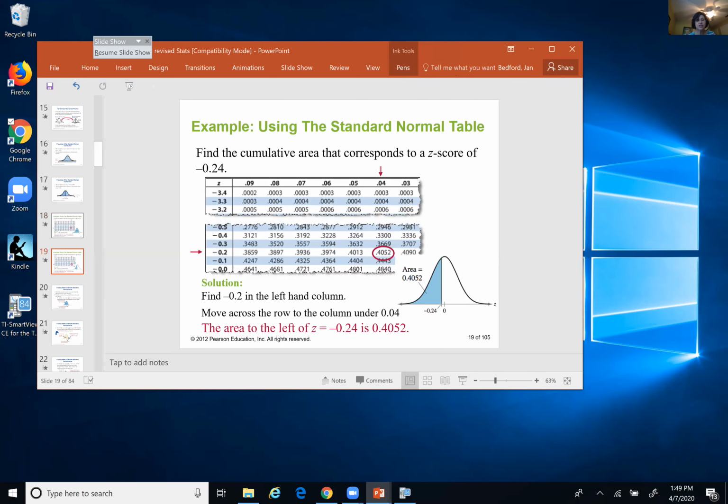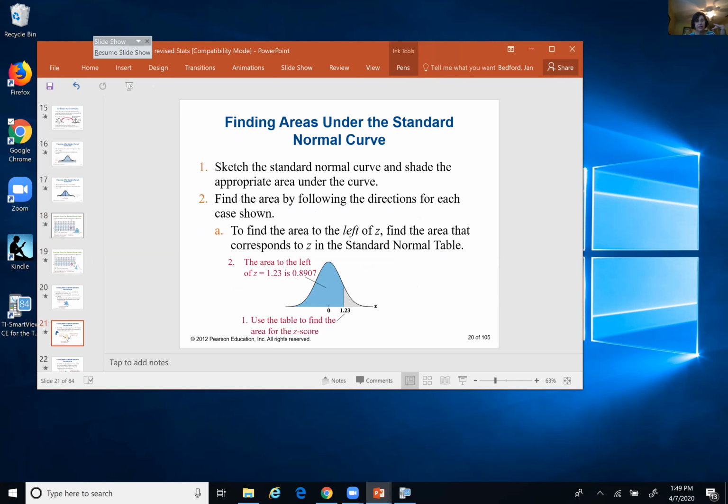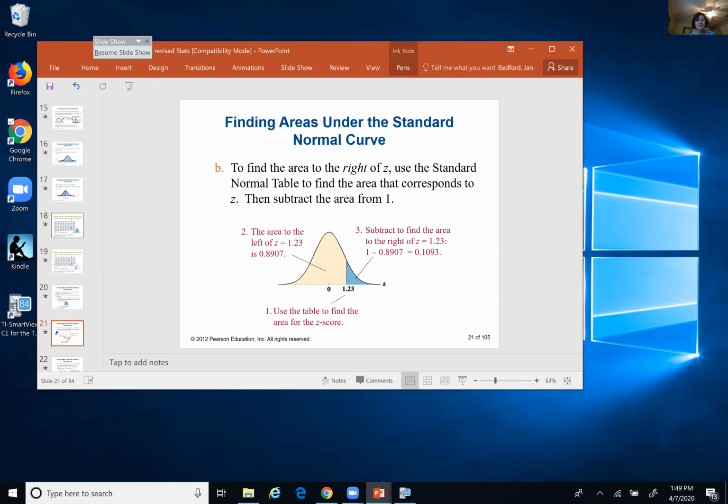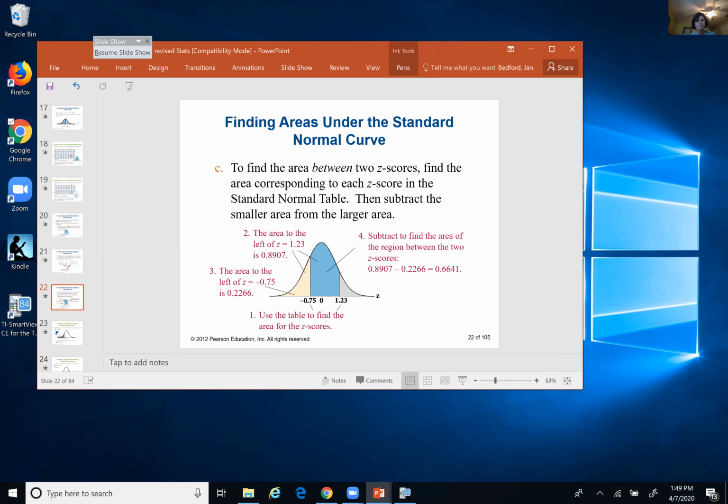If you want to use the calculator, it's actually, I think, very easy to do that as well. And I'm going to show you that. But you also need to know we can still find area to the right, and we can find area between two z-values. And the area between two z-values is definitely much easier to do with the calculator, because if you're trying